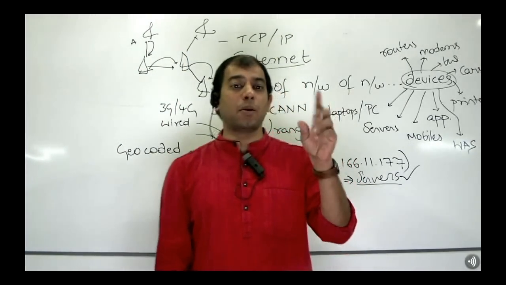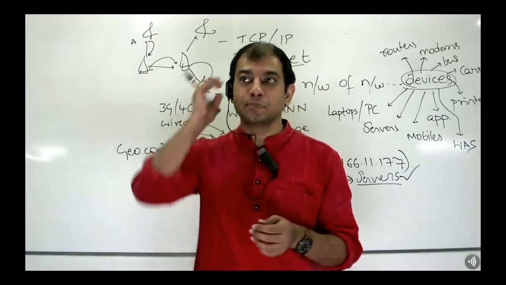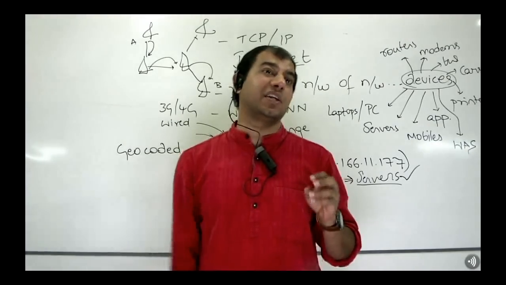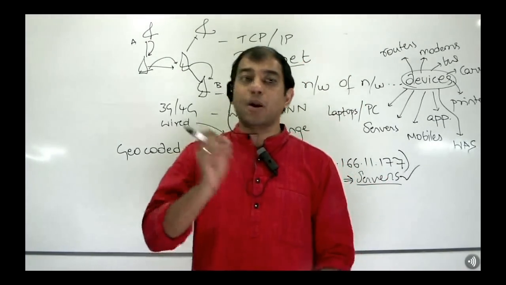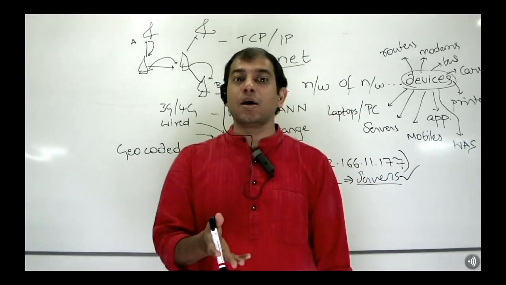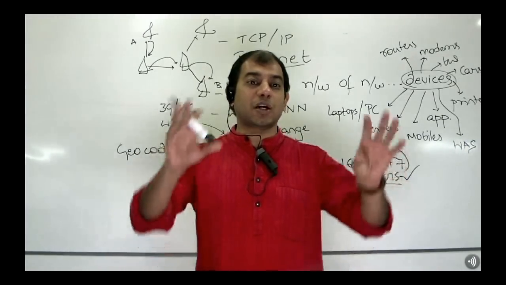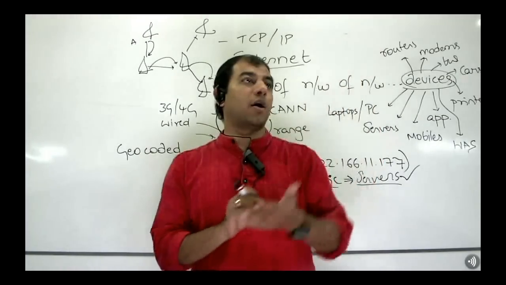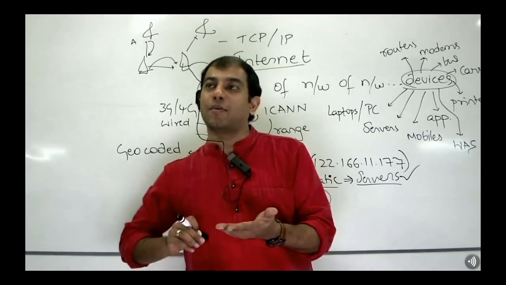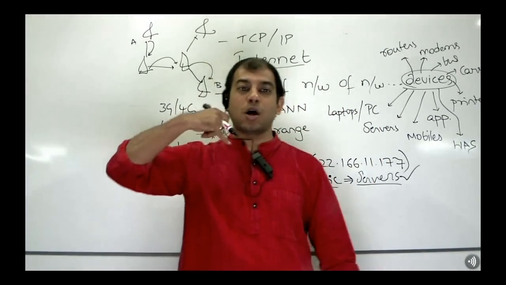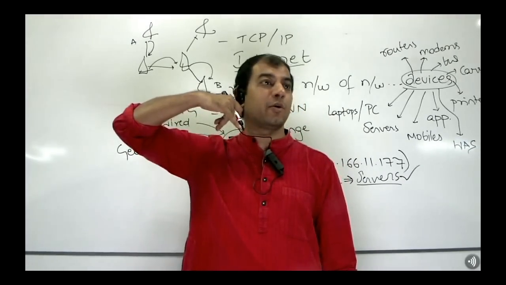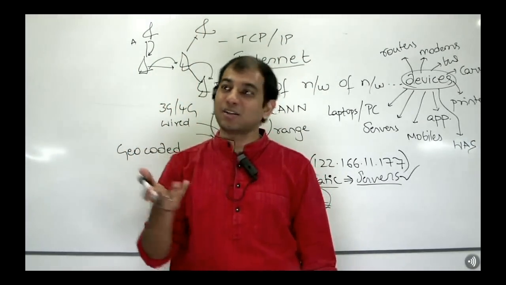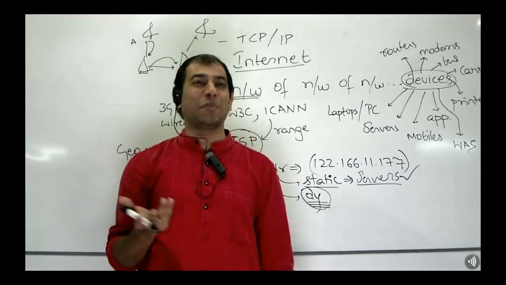That's one problem. What is the second problem? He can change the data. No, he can't change it because there is some kind of a checksum involved. More problematically, remember, all these devices which are connected to the internet can go off the internet at any time. So as soon as I write a letter to him, from and to, a beautiful lengthy letter, and I give it to Aditya, Aditya gets a phone call, tomorrow you have an interview, why don't you come and talk to me? Suddenly he walks out of the classroom, right? Now he has taken my letter with him, you see. So this is a problem here.